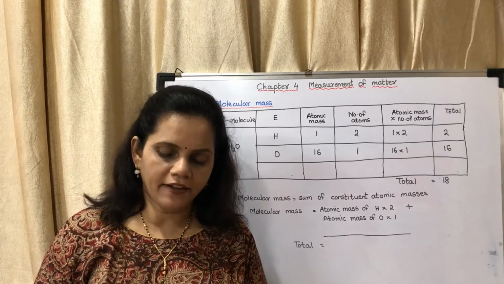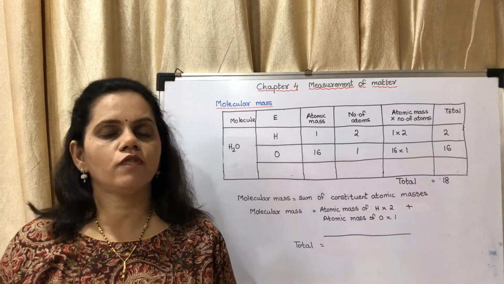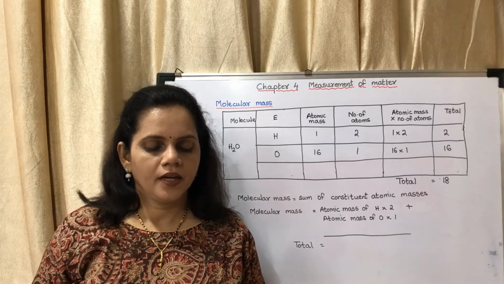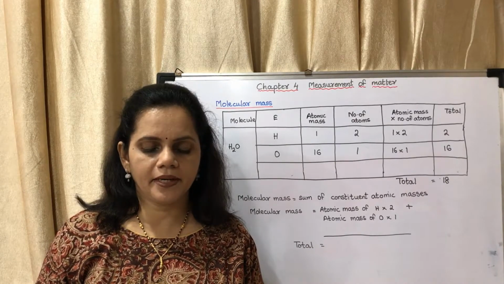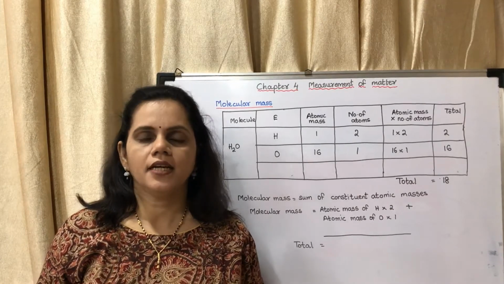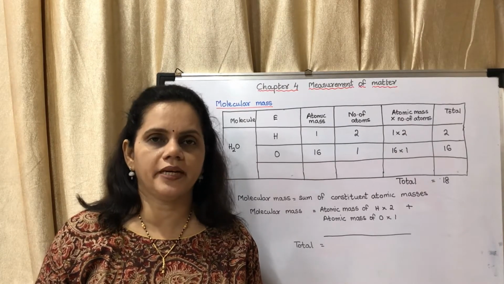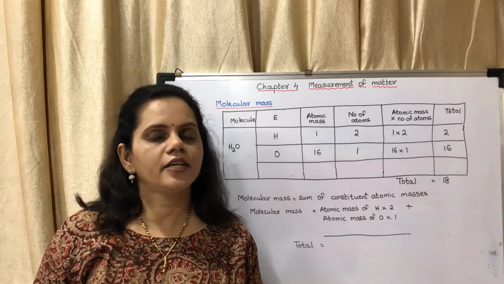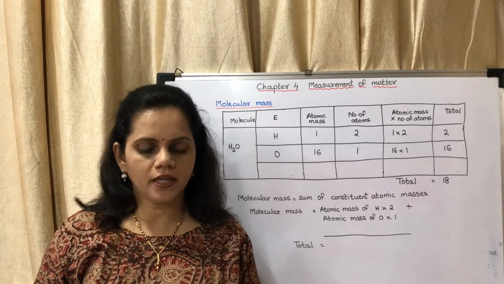In the paragraph under molecules of elements and compounds, they have given examples of monoatomic and diatomic elements. You may underline: atoms of some elements such as helium and neon have independent existence. It means that these elements are in a monoatomic state. The question could be, give examples of monoatomic elements. The examples are helium and neon. They are inert gases and do not react with other elements, so they are monoatomic.